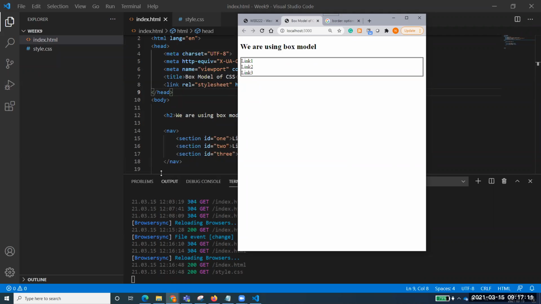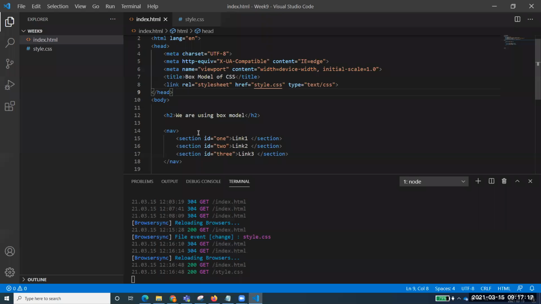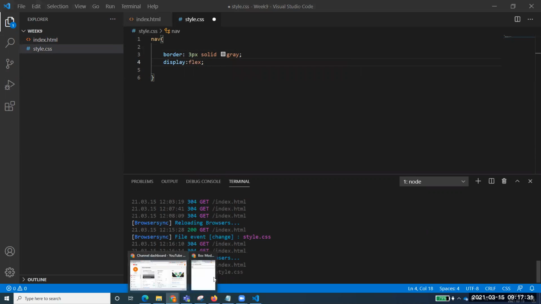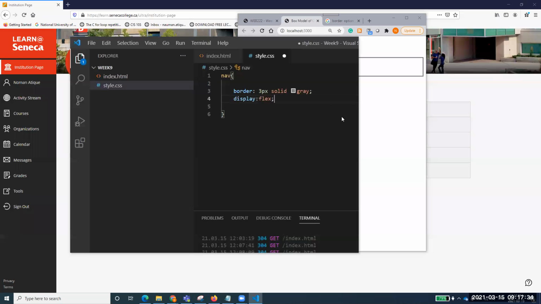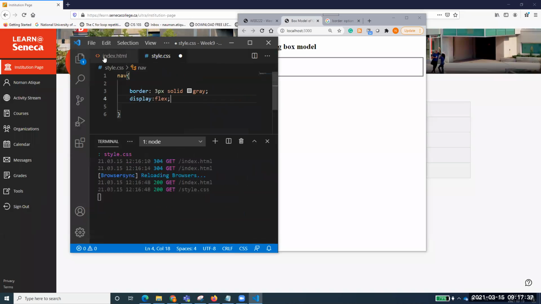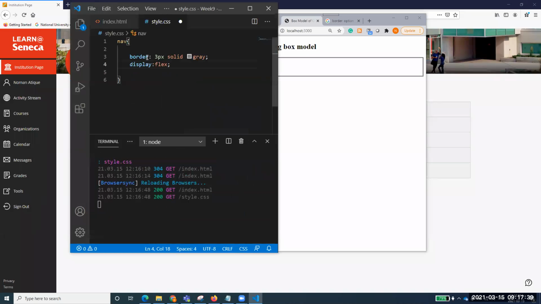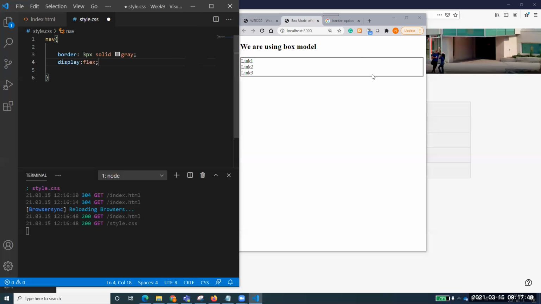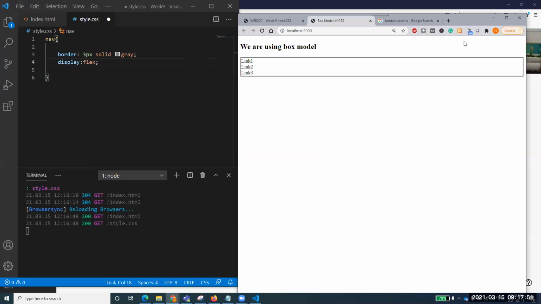Right. Now I want to introduce to you something very interesting in this box model, because this nav contains multiple sections inside it. There is another interesting, flexible feature for displaying contents. This is called flex. Let me show you what magic flex does. Let me open up both of them together so that we can see both of the things alongside. That will be good. Okay, so this is here, and let me just make it over here so that we can see both of the things together.